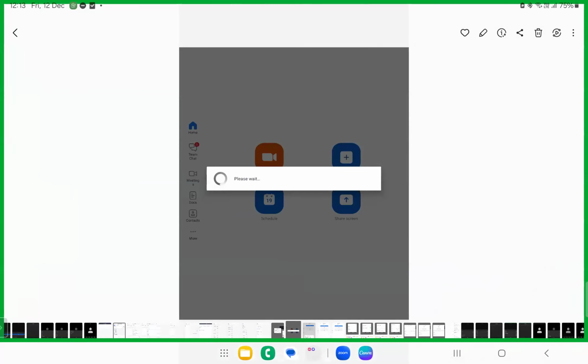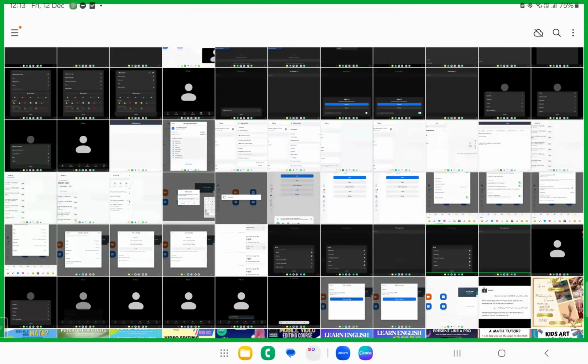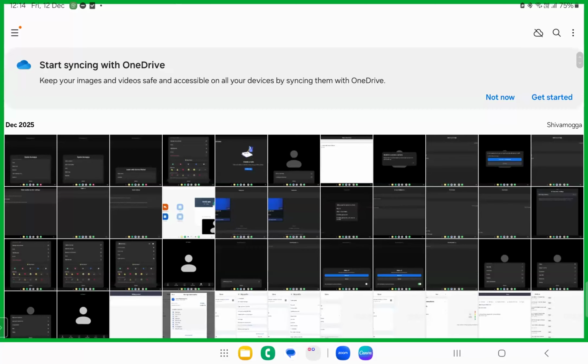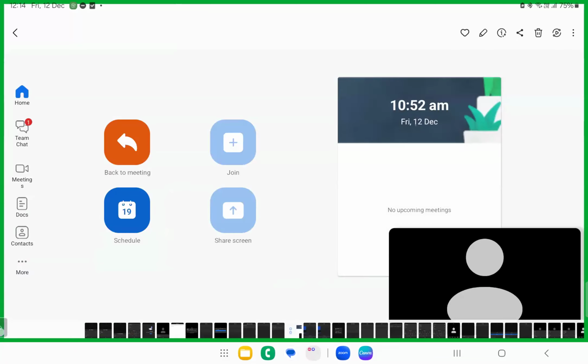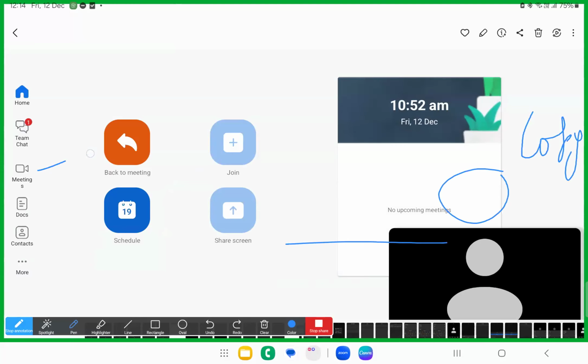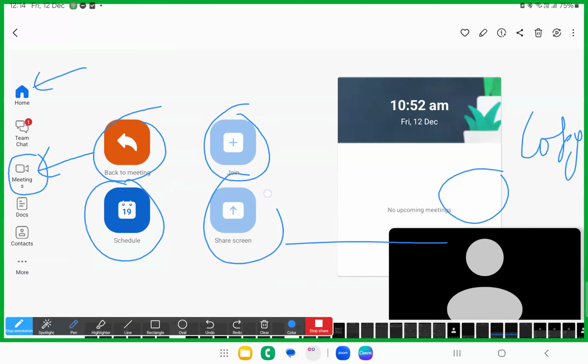Now, how will you find where the scheduled meeting is? Think that tomorrow you will get back to Zoom and you want to take that course. Where will it be present? On the screen, there is something called meetings. Third button. Can you see that? On the home page, you have these things, right? New meeting, join meeting, schedule meeting, share screen. So here on the screen, you have something called meetings.